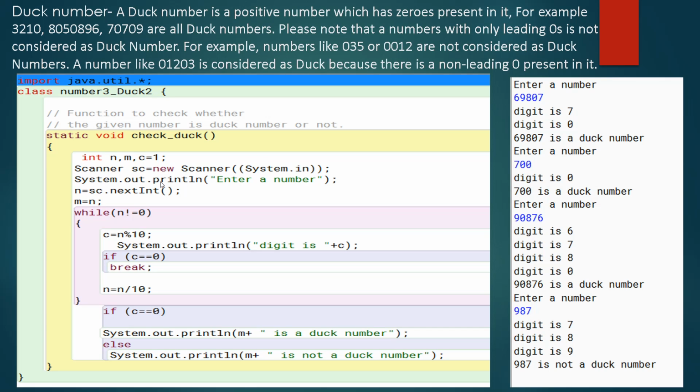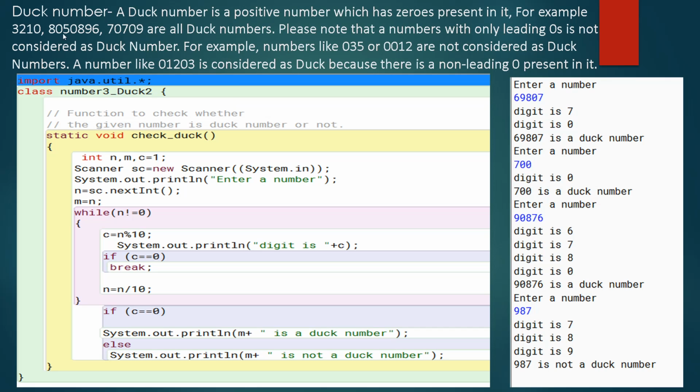Okay, let's do the question, understand the program for this. So children, over here I have taken various outputs, and over here I have input the value of C also, in order to make you understand what a duck number is. I have entered a number, I have retained the original value of n, and when I am saying C is equal to n percentage 10, I am extracting the last digit. Once the last digit has been extracted, I am printing that last digit over here, so that you get to know what will happen.